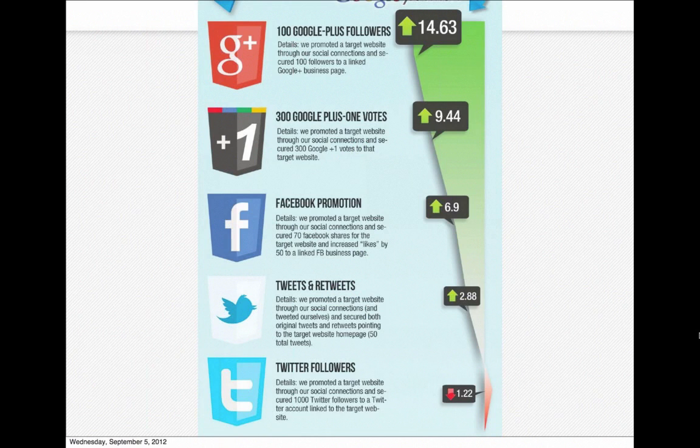Google's job, and Google controls 80% of the search volume on the internet, which is just massive. But Google's job is to give the end user, the consumer, the most relevant result possible. If the consumers get what they want when they do a search on Google, if they find the businesses that they want, then they'll continue to use Google. And if the consumers are using Google, then advertisers will pay Google to advertise. So their first priority is not the business, it's the consumer, to make sure that the consumer gets the right